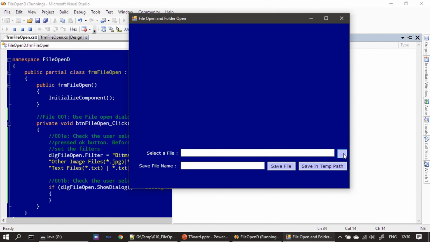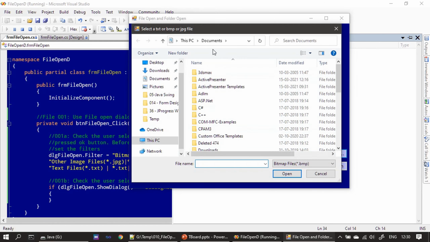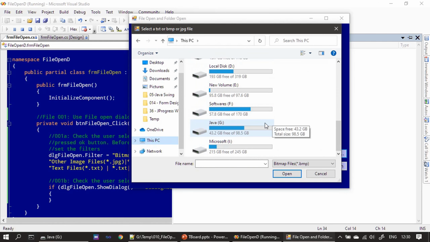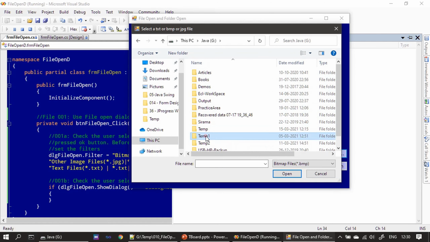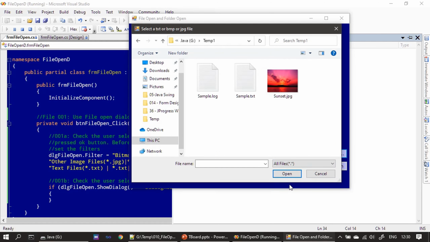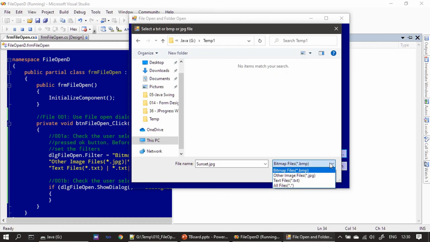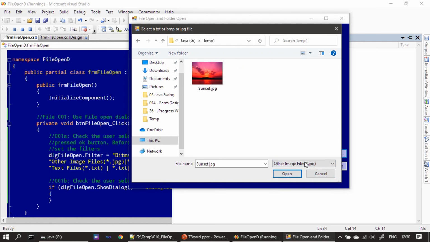Alright. Now we will run and see how the file open dialog works. Okay, now we will click this ellipsis button. I copied some files to the demo folder, Temp1. If you see here, there are 3 files when I have the filter star.star. One is a log file, another one is txt and jpeg. If I click bmp, it doesn't show anything because there is no bmp file in that folder. For jpeg, there is one file and sunset is showing. For txt, there is one more file, sample.txt. Now if I click open,